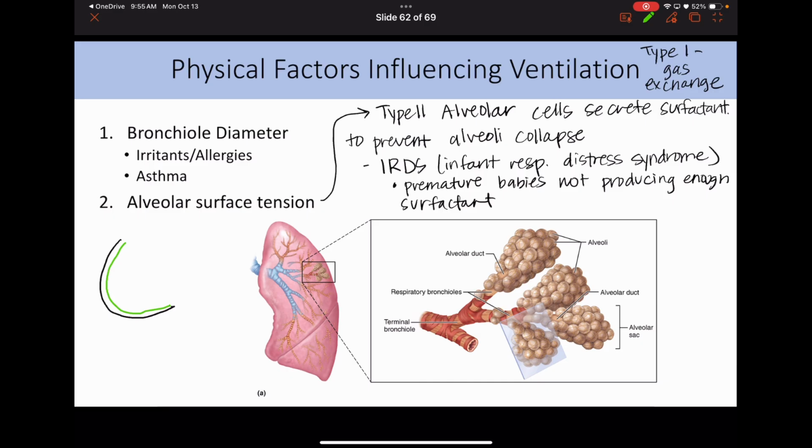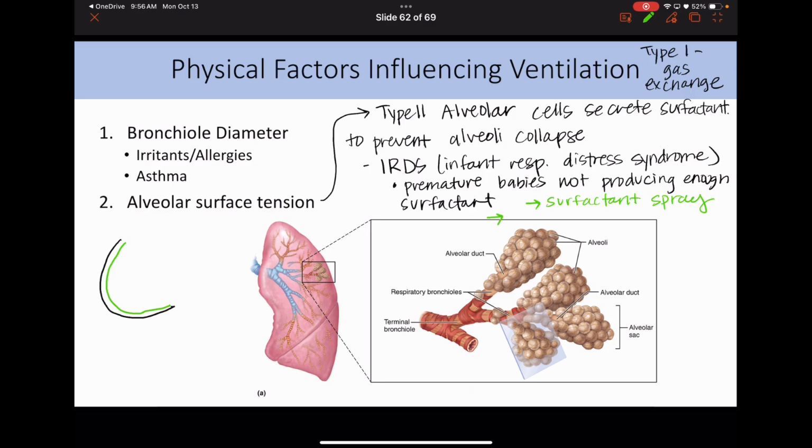Okay. So one way to treat that is through surfactant sprays. They literally will just spray surfactant down their respiratory tract. And this can either be a natural surfactant spray, extracted from animal sources, I don't know which animals, or it can be synthetic. But we can give them surfactant sprays to spray down their respiratory tract to help keep their air sacs nice and open. Or we can give them